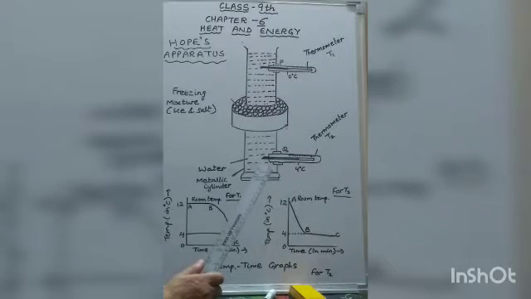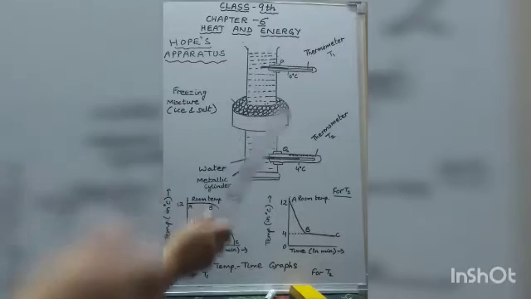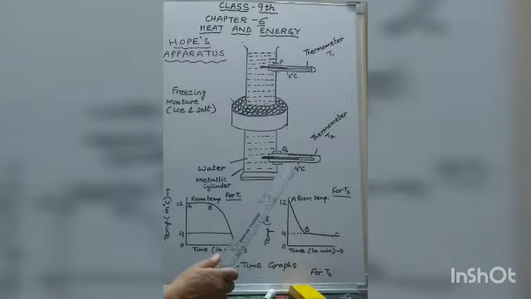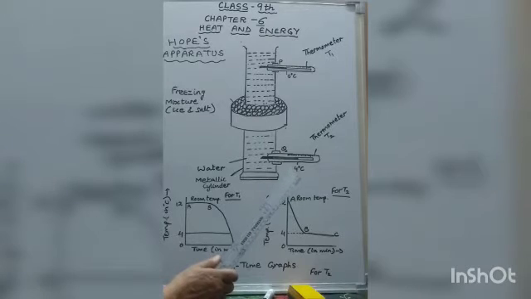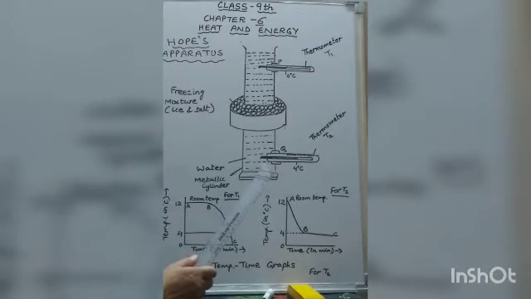Hello children, last time we started chapter number 6, heat and energy, and I told you about anomalous expansion of water. That the expansion of water when it cools from 4 degrees Celsius to 0 degrees Celsius is known as anomalous expansion of water. Now today I will tell you this Hope's experiment which will demonstrate the anomalous expansion of